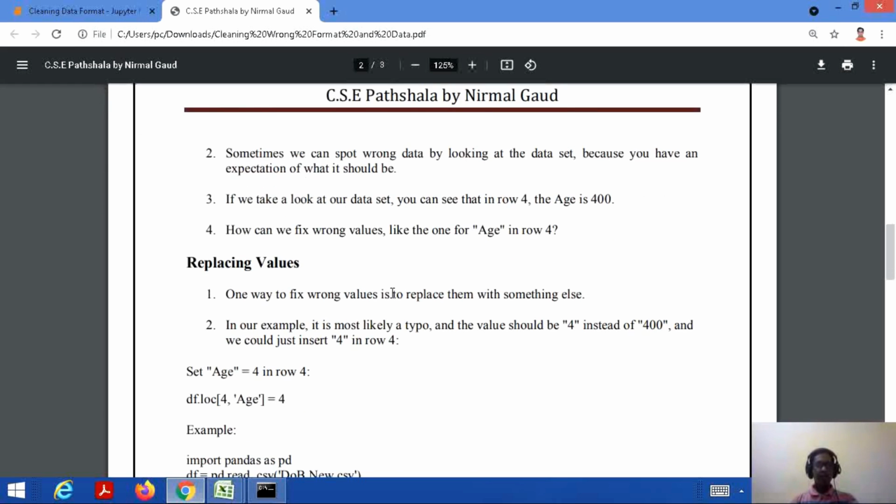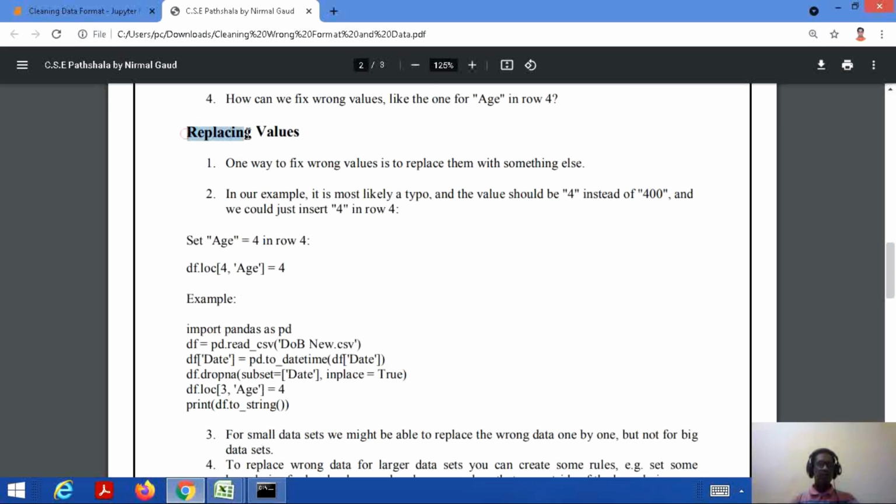That means now the task is to perform replacing. One way to fix the wrong values is to replace them with some correct value. Obviously we know that there might be some typo errors, or we just pick some wrong values, so it may happen. So instead of 400 I need to fill it with 4, and this can be done by setting age equal to 4 in row 4.